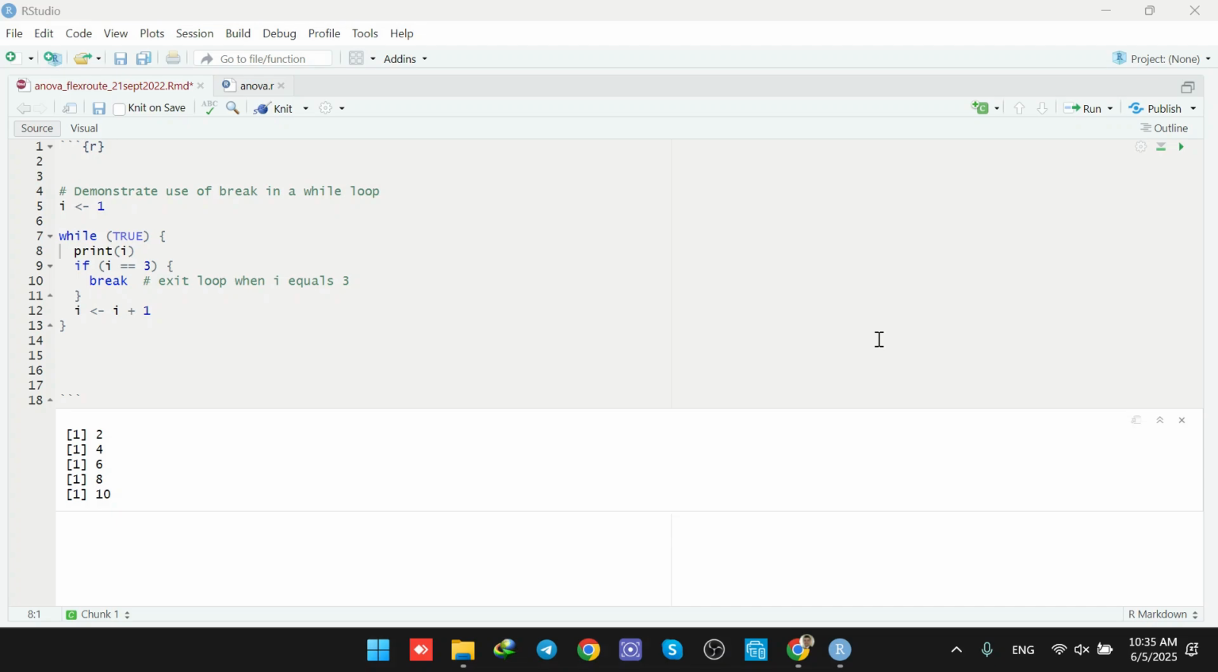Hello everybody and welcome to this video. In this video, we are going to demonstrate the use of break statement in a while loop. So here we are having one variable called I, and it is initialized to be 1. And we are having one while loop that the condition is true, meaning that it's an infinite while loop. And if we don't put a break statement,